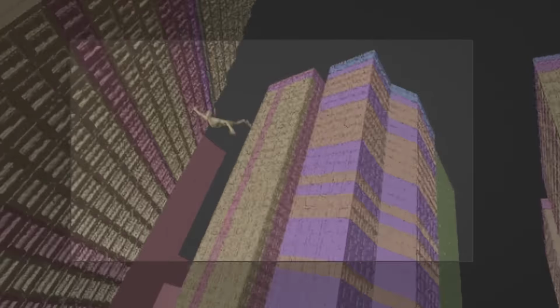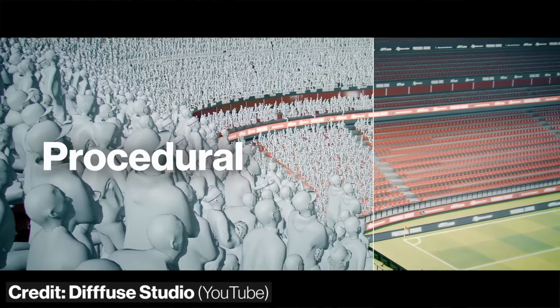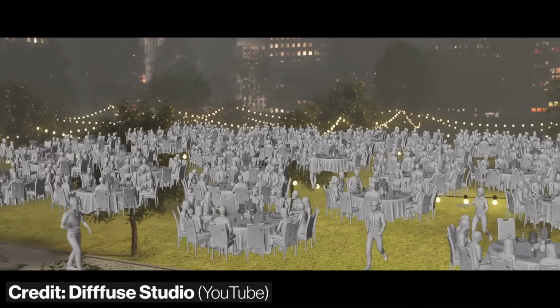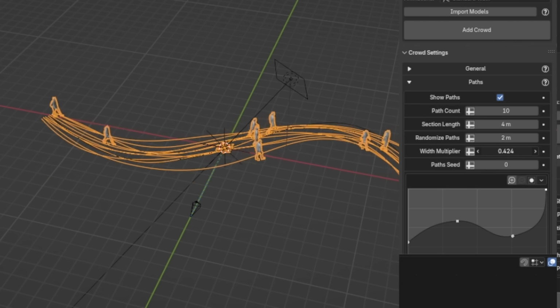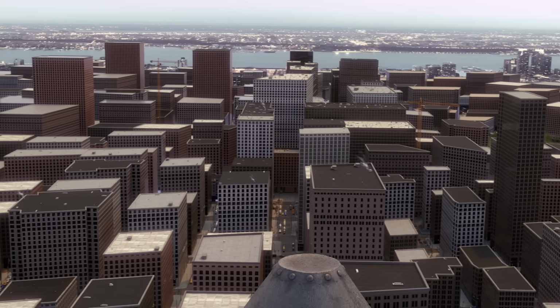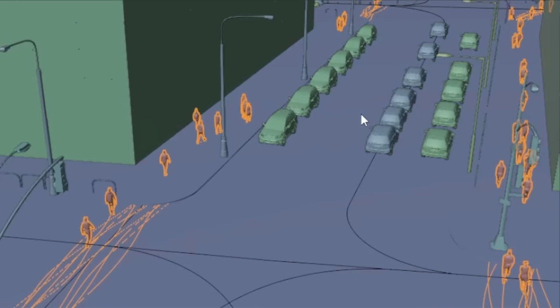The last thing missing is something to add life to these streets. For that, I used this Procedural Crowds add-on. There are a bunch of ways you can use this, but I just created a few walk paths like this, and the add-on does the rest to add people following them. In the final animation, they won't be super noticeable, but it's still much better than having no people at all